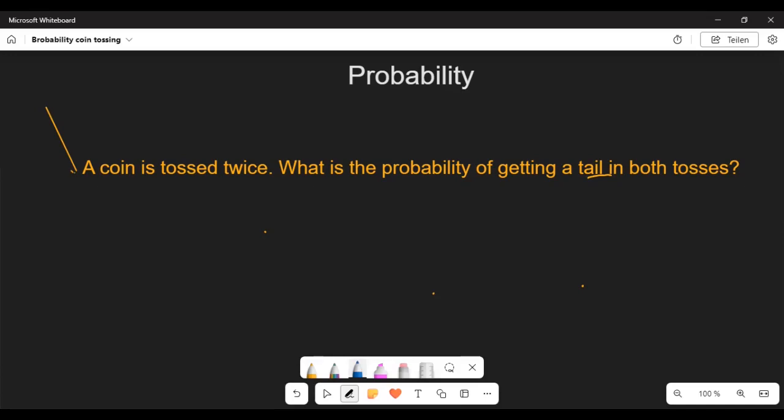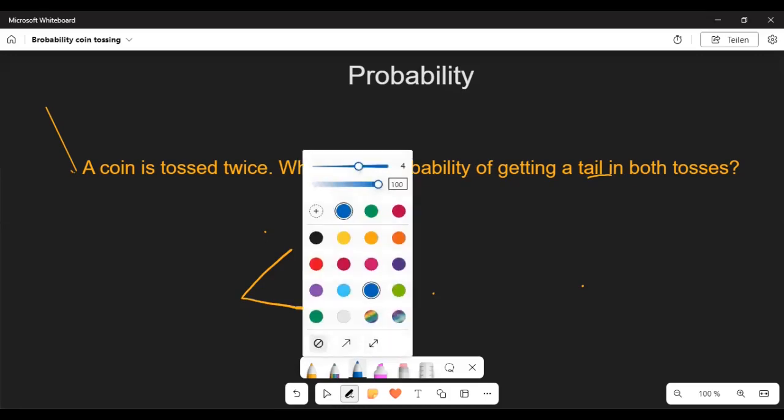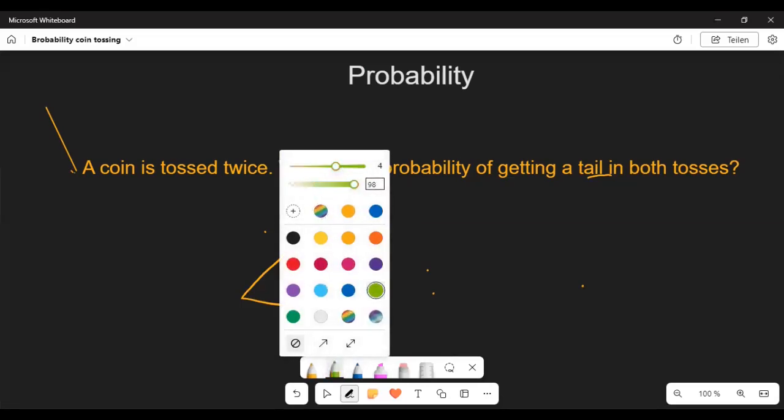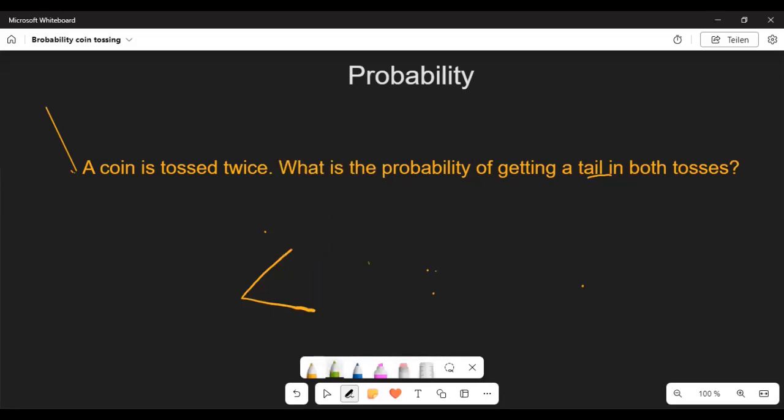So the first thing is we are going to say, so here we have the okay, so now I think my pen is not picking. So I'm trying to look for some rice. So this is going to be the first toss,